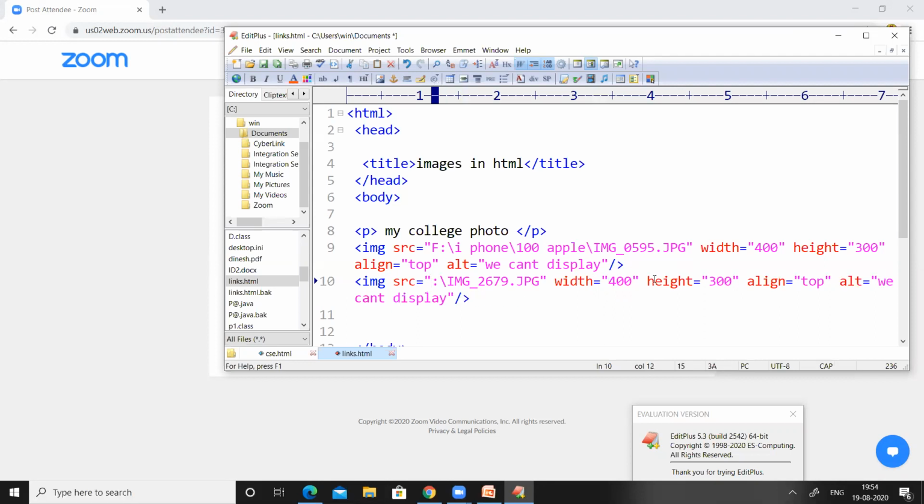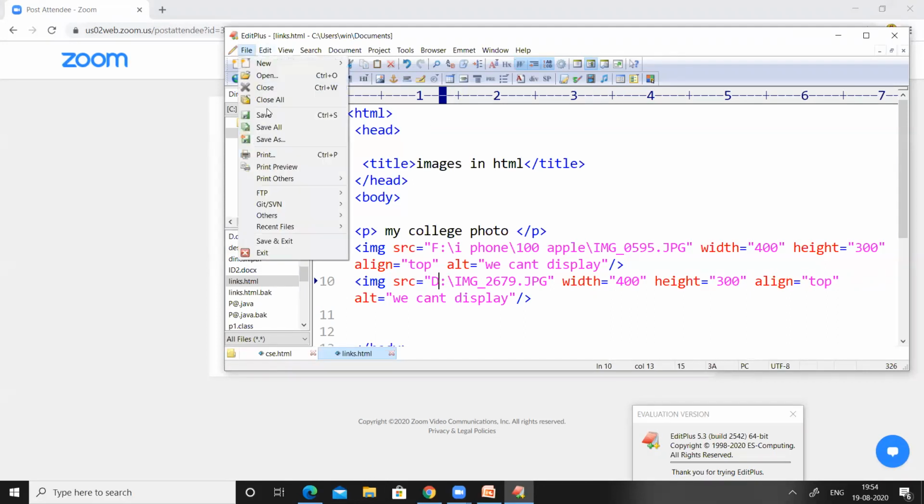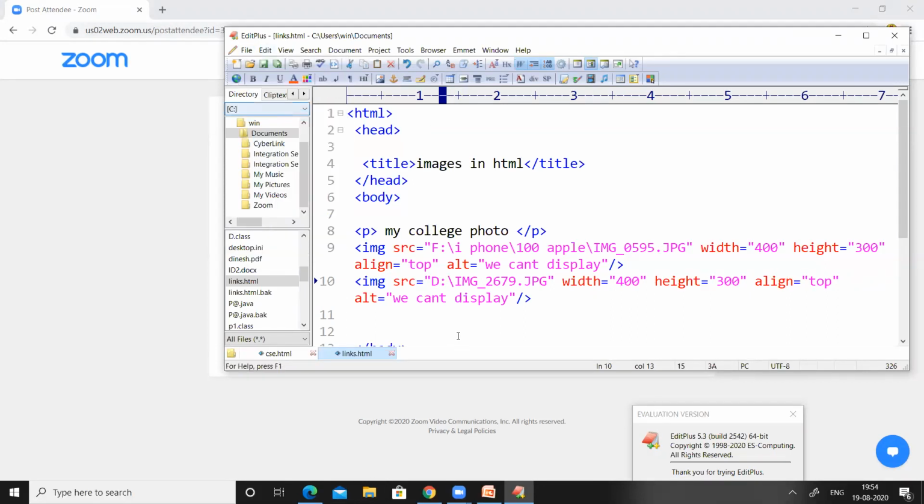So let us see what happens if we insert a couple of images on a web page. So save the code, and then just change the alignment. Keep the alignment equal to left, and here keep the alignment equal to right, so that these two images will be displayed at two different locations of the web page.